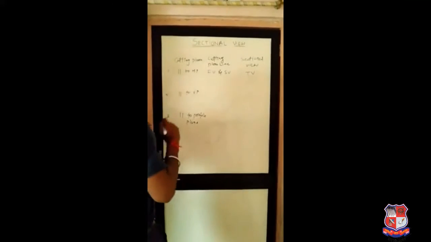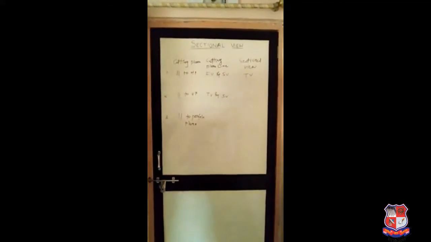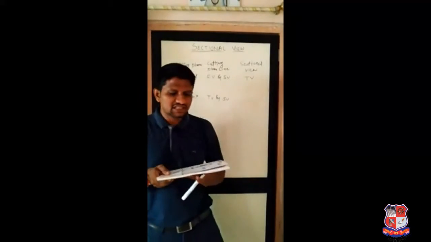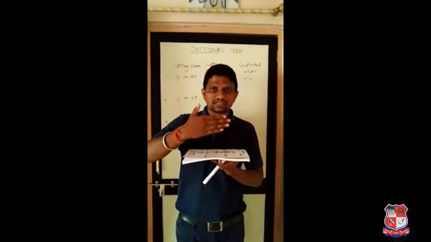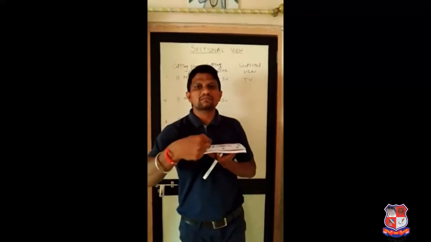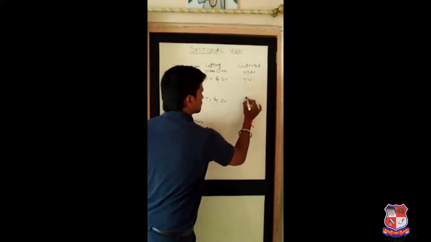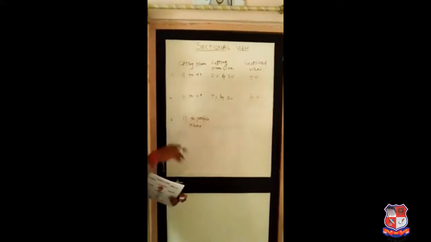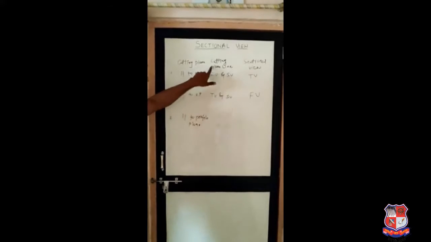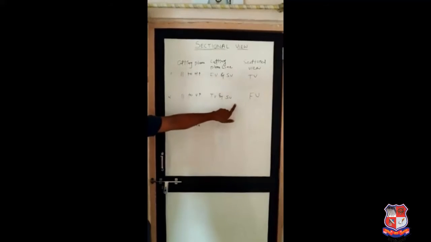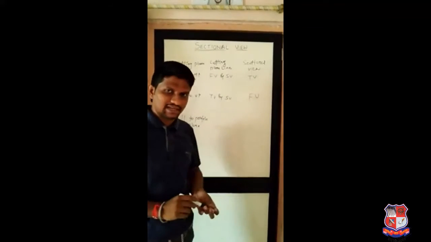So in the top view and side view, the cutting plane line is visible, okay? And which portion is going to be cut? Which portion of the object is being cut will be visible from the front view, and that front view is known as the sectional front view. So when we cut the object with the help of a cutting plane which is parallel to the vertical plane, the cutting plane line is visible from top view and side view, and the sectional view obtained is the sectional front view. Here it is, that is the second case.